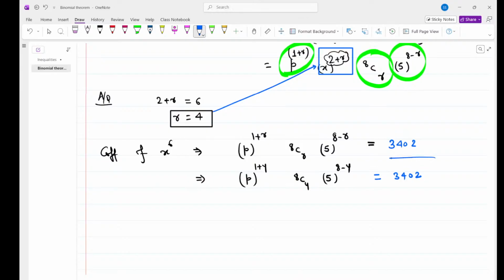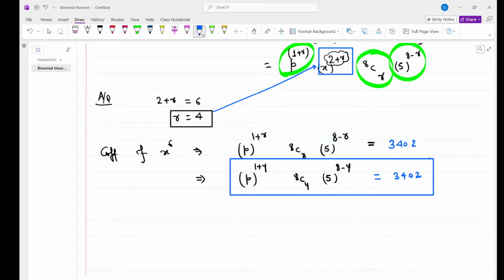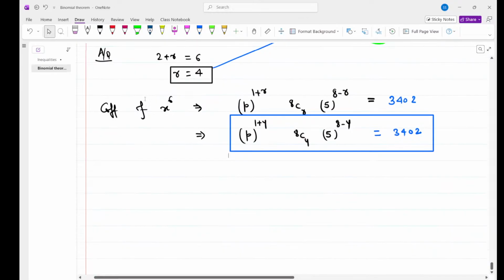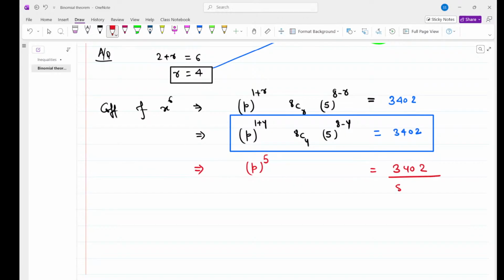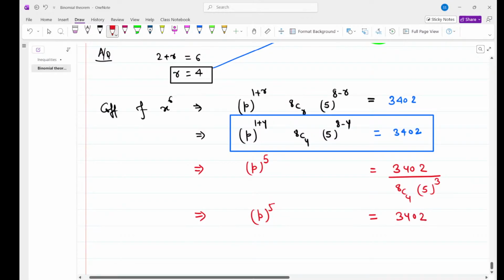Now, please see, we have an equation and only one unknown is present in this equation, and that is p. So we have one equation and one unknown. So that's the very simple case. So we will write p raised to power 5 should be equal to 3402 upon 8C4 times 5 raised to power 3. Isn't it? Are you getting this? So p raised to power 5 will be equal to 3402 upon